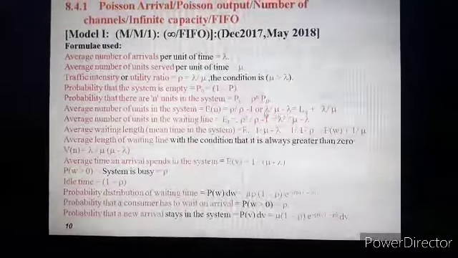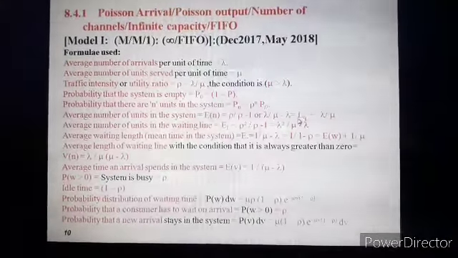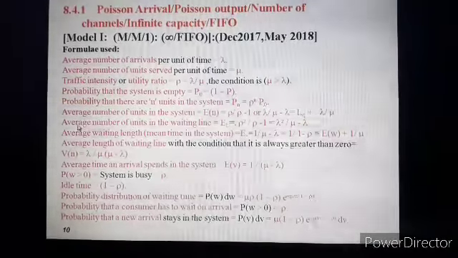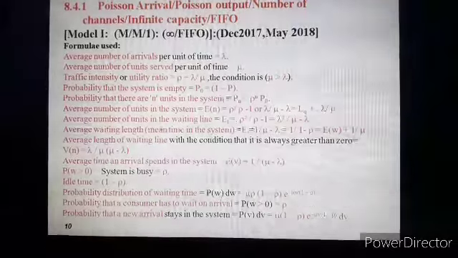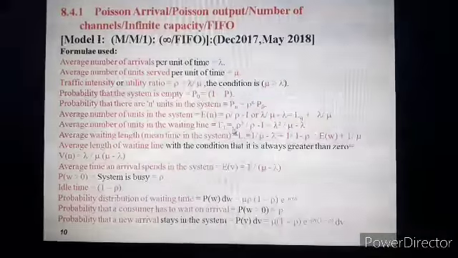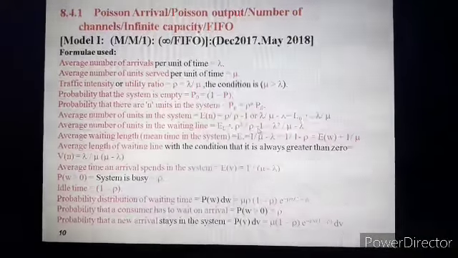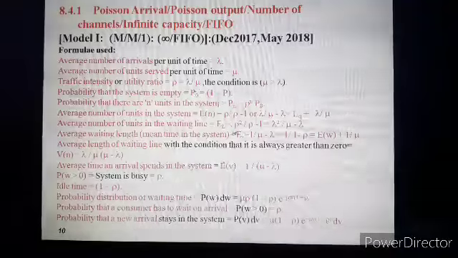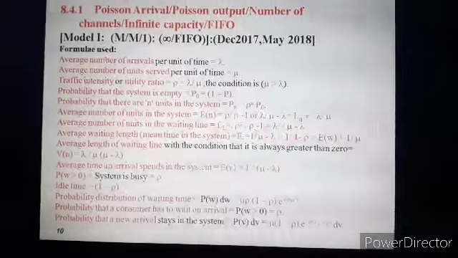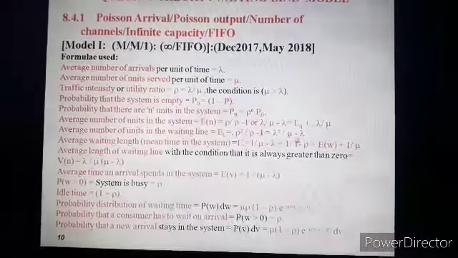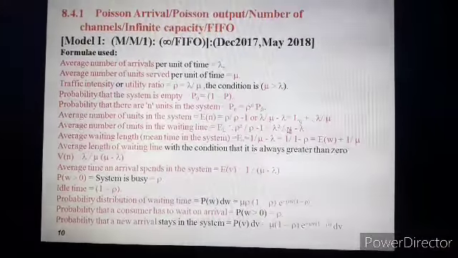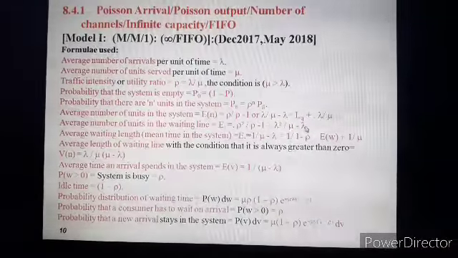Again, the same formula we can rearrange and write in terms of the queue length, that is LQ plus lambda upon mu. Then the next important relation is the average number of units in the waiting line. That is denoted by capital E suffix L. It is equal to rho square upon rho minus 1. So this is the basic formula. Again we have to replace the value of this rho, that is lambda by mu. So accordingly it is lambda square upon mu minus lambda. Again in the denominator here we have mu minus lambda whole square.